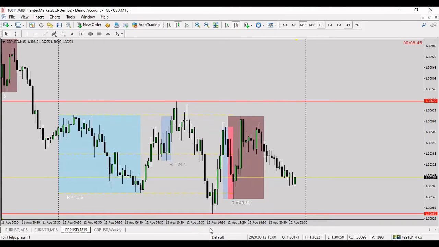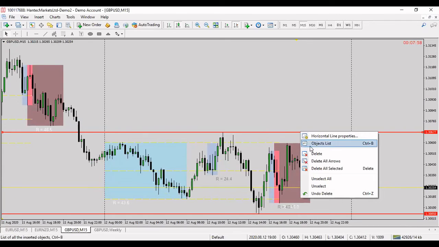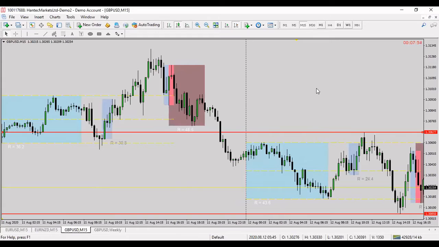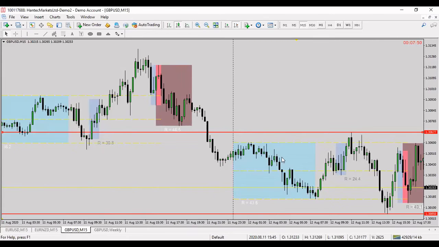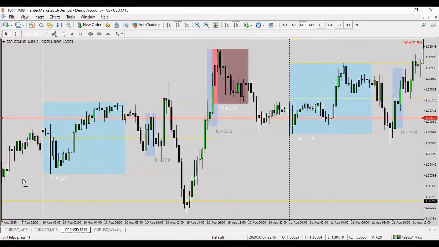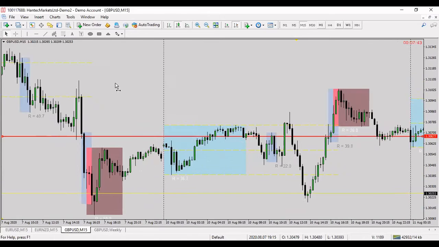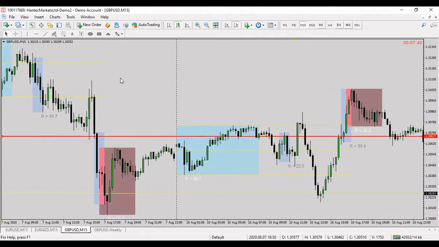So as far as today is concerned, this pair, GBP USD, has been trading between 1.30050 and then 1.30677. So let me go back there. Like I said, this is Wednesday, this is Tuesday, this is Monday, and this is Friday. So assuming you were coming to trade the daily cycle on Monday, knowing